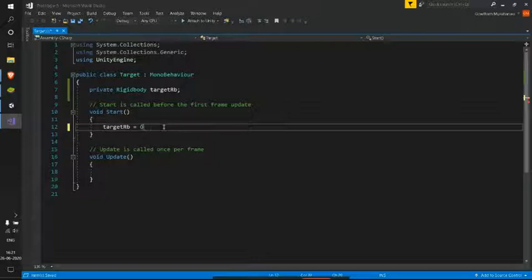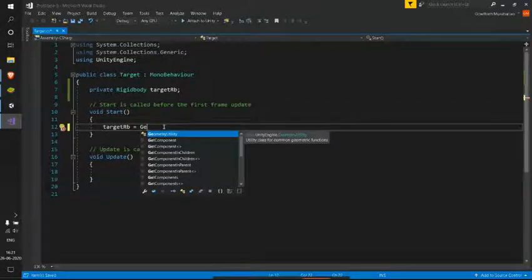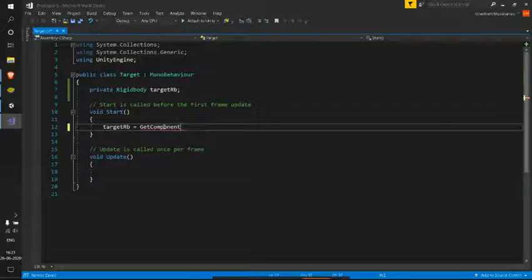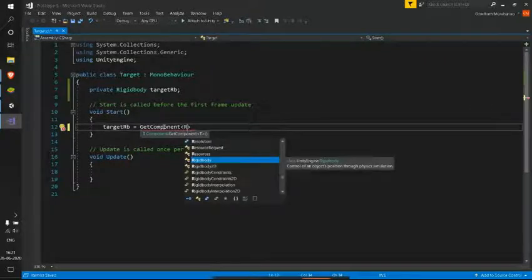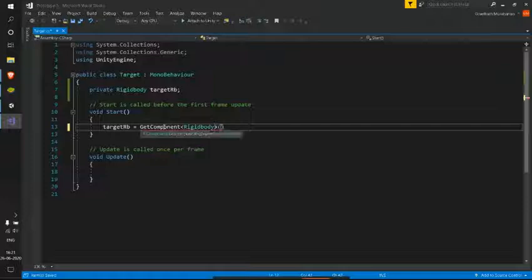So I can directly write GetComponent Rigidbody, because it's on the same object, right? So the type is Rigidbody, and see, with this we have a reference to our rigid body in the